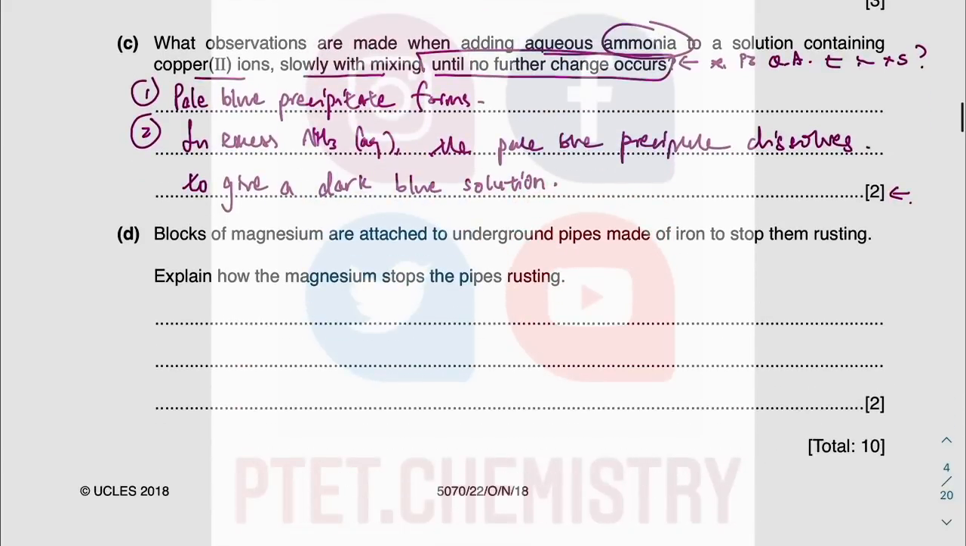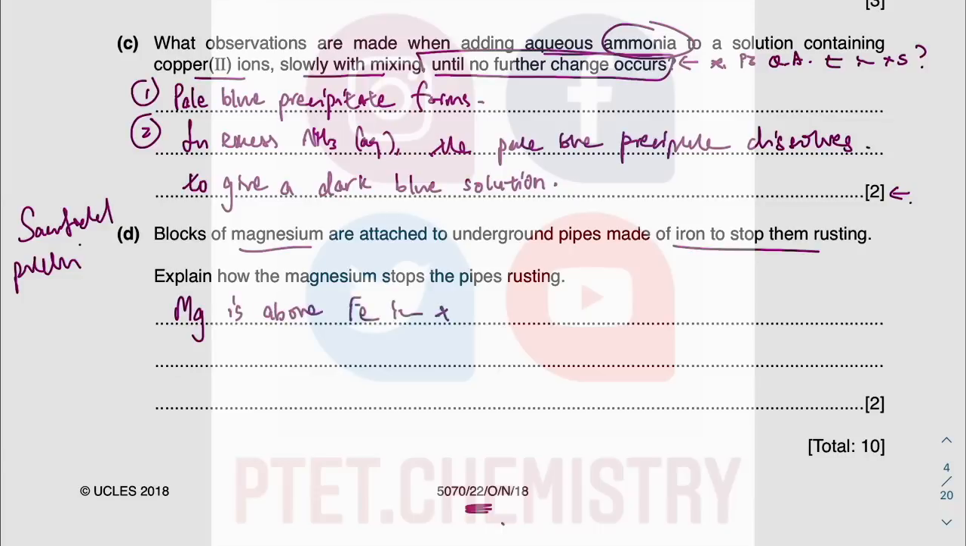All right. Next bit, magnesium can stop iron from rusting. So this is the idea of sacrificial protection. I think in the other paper, the paper 2-1 component, a similar question was being asked, but it was zinc and iron. So the idea really is just the reactivity series. So magnesium is above iron in the metal reactivity series,